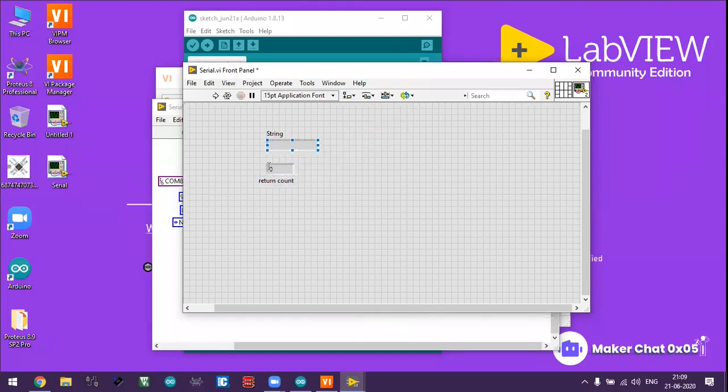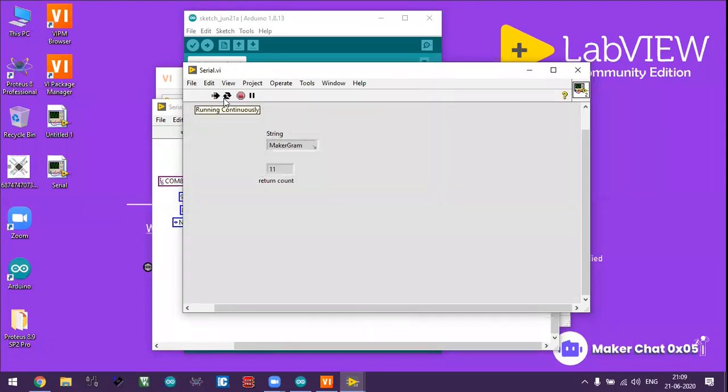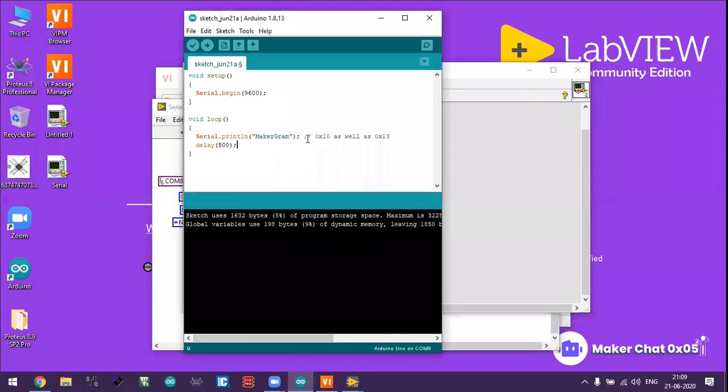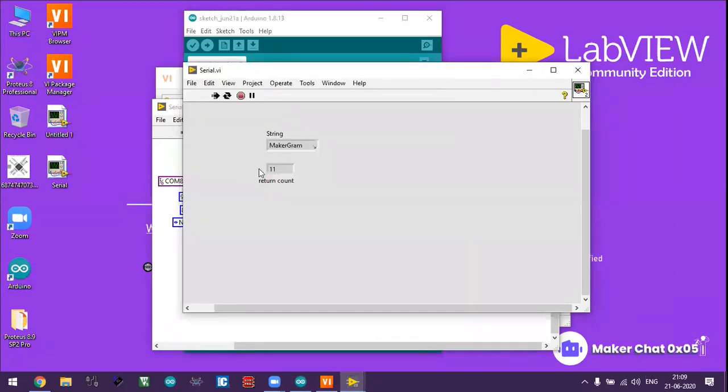So string is there and return count is there. So I will press run continuously. See, Makergram is showing a total of 11 characters. I showed you that Makergram is 9 characters and 0 cross 10 and 0 cross 13, two extra values are there. So a total of 11 bytes are being received.